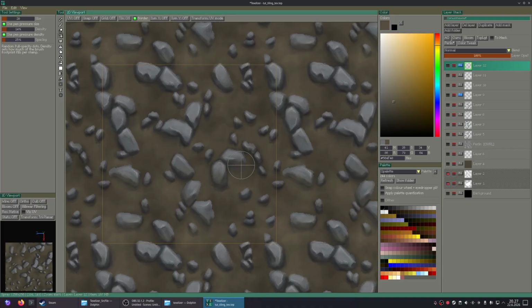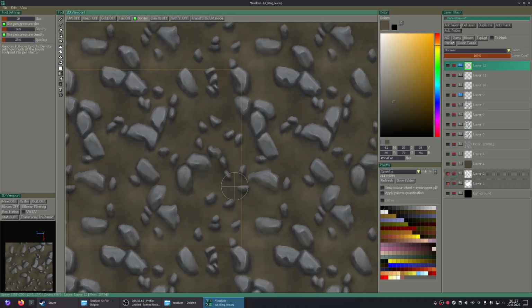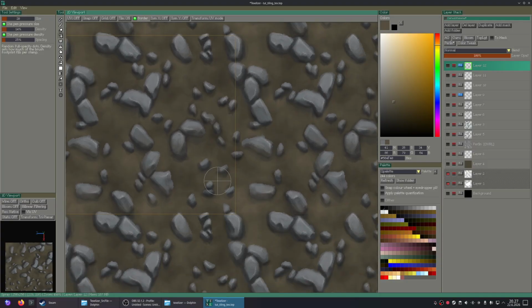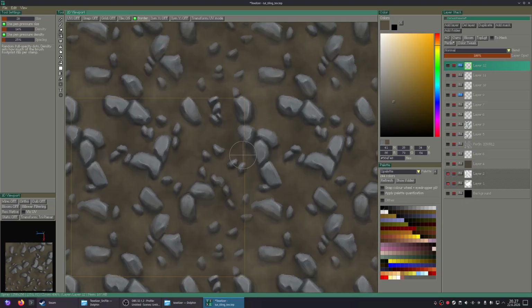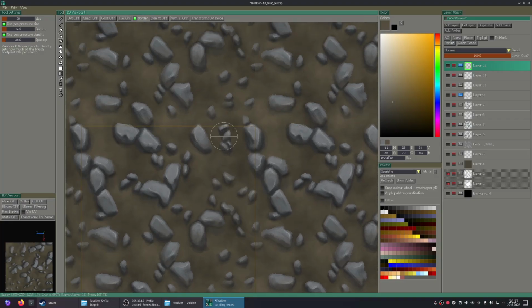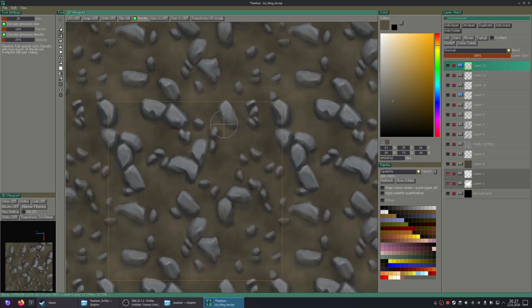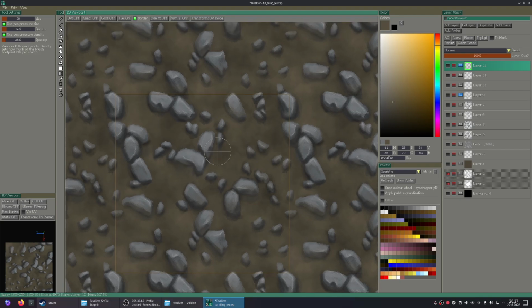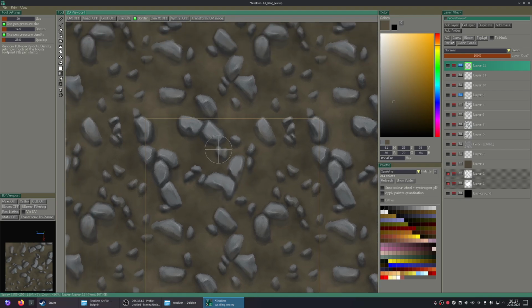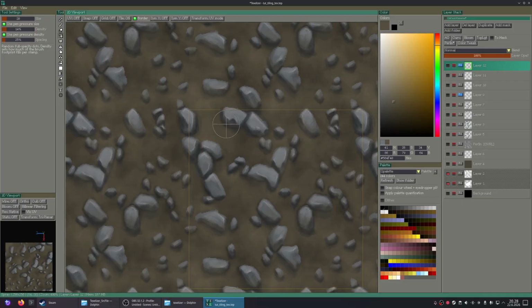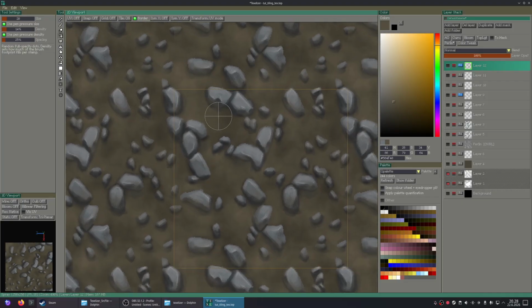Yes. Good. These smaller ones need especially some of this spraying treatment. Yeah, that will probably tie it up nicely.